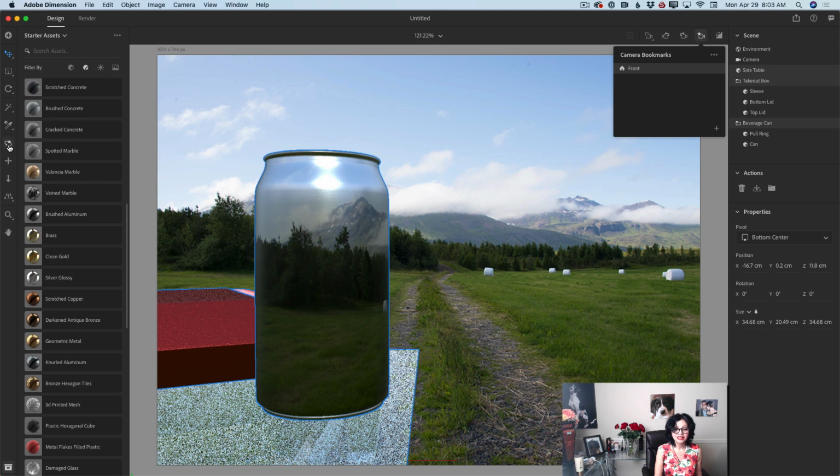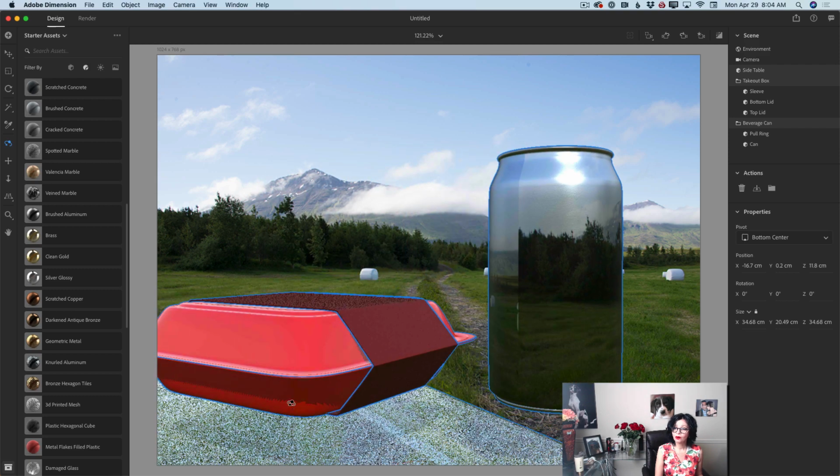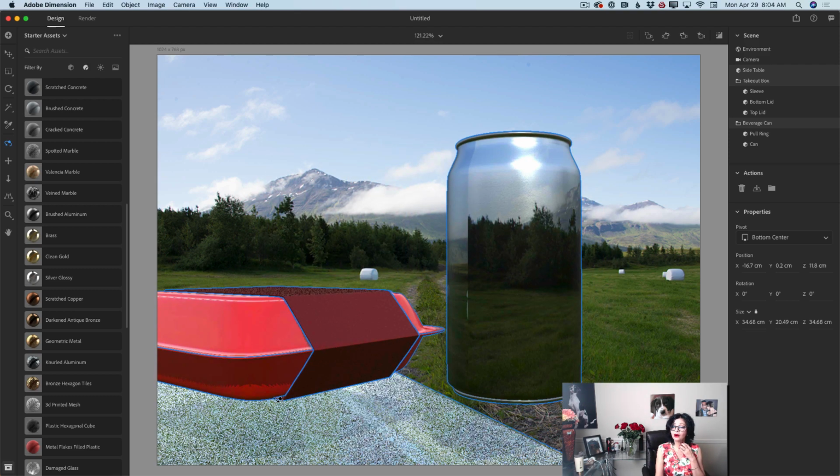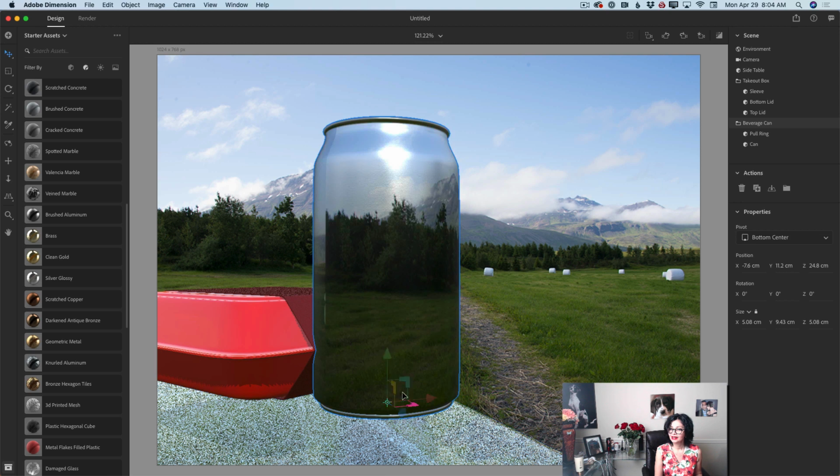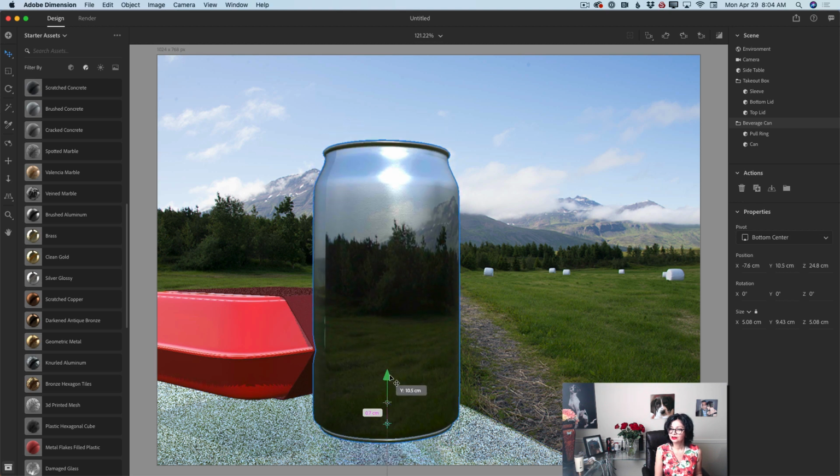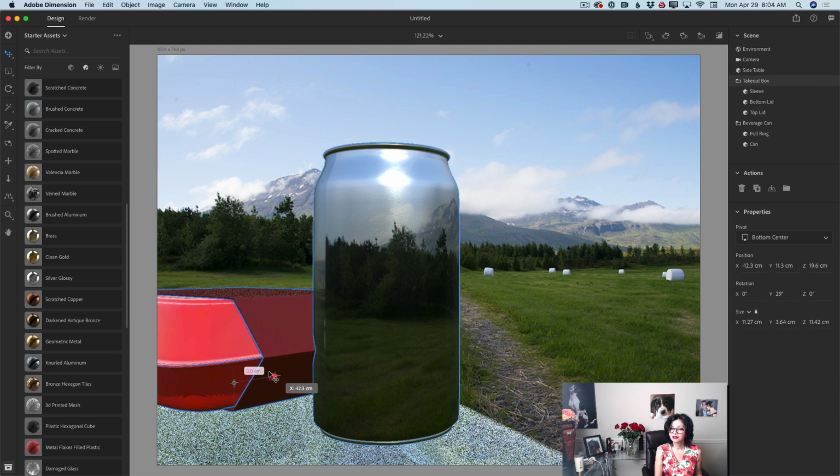Now, guys, I will switch to camera orbit tools, and I will rotate my table. Oh my God, look at this. Our can is floating. It's not completely disaster. What we will do, I will switch to select and move tool. I will select my beverage can, and I will move it just like that, and I will bring it down just like that. I will do same with takeout box, just like that,